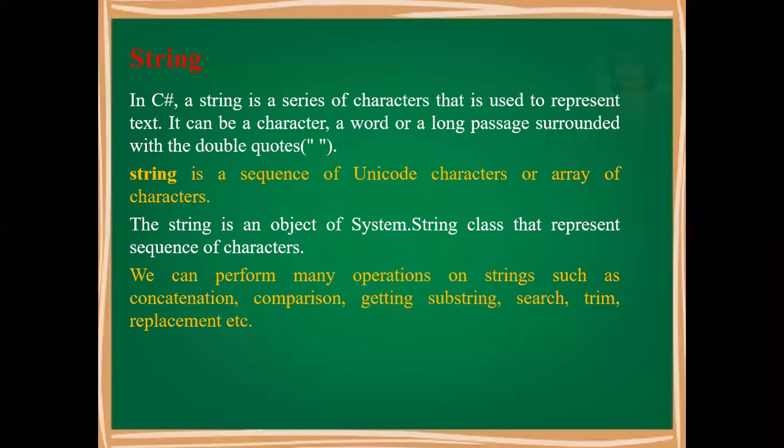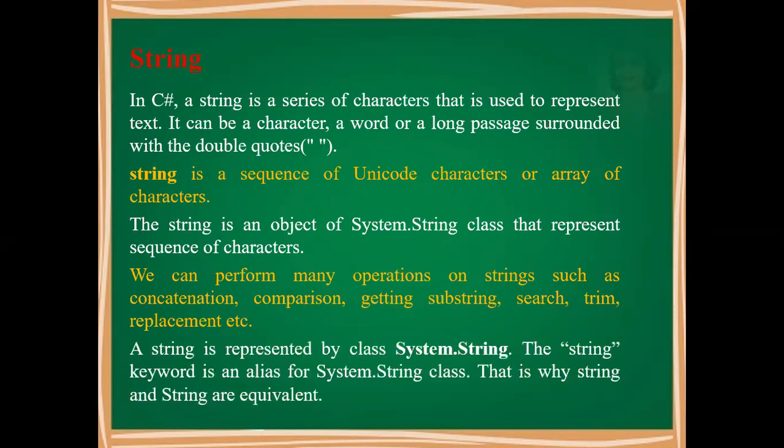One more thing you have to remember, that C sharp provides you enough built-in functions, so you need not write any kind of logic here to get this work done. Concatenation, comparison, substring, search, trim, replacement. You just need to remember the name of the method, and that also is not required many times, because whenever you start writing the method, the Visual Studio IDE with the IntelliSense property automatically suggests the name of the method and the parameters required in the method. If you hold an arrow key on that particular method name, it will give you an explanation of what the parameters are supposed to be, what type they will be, and how they will come.